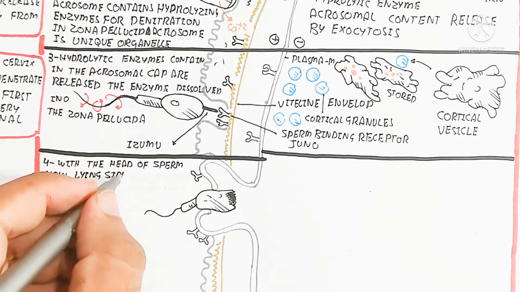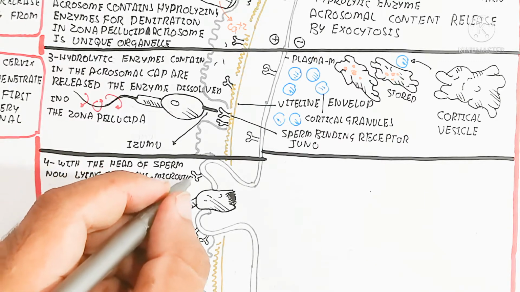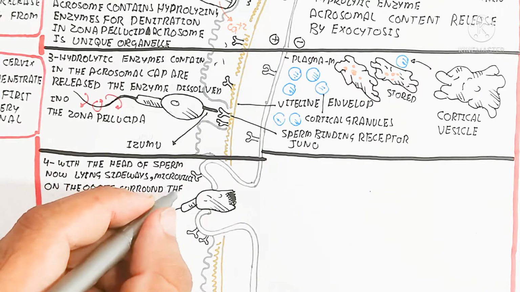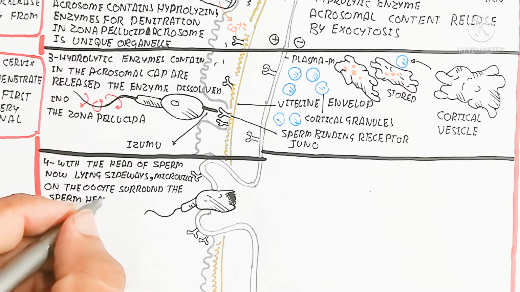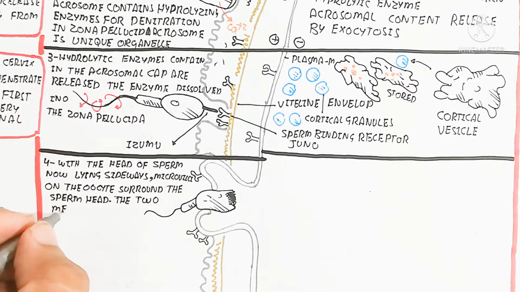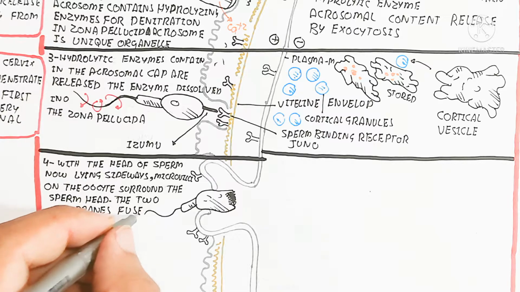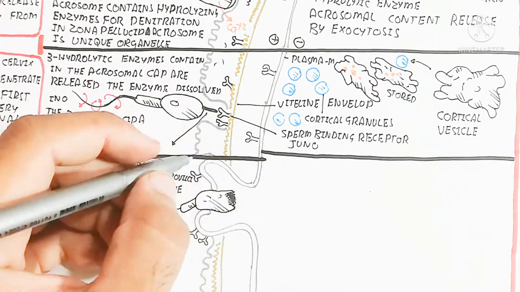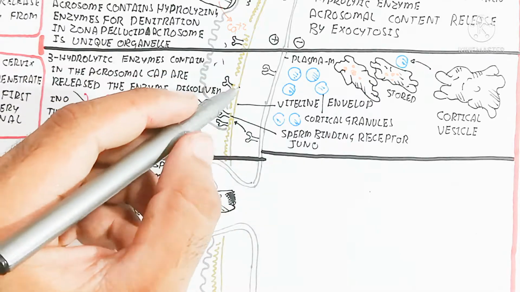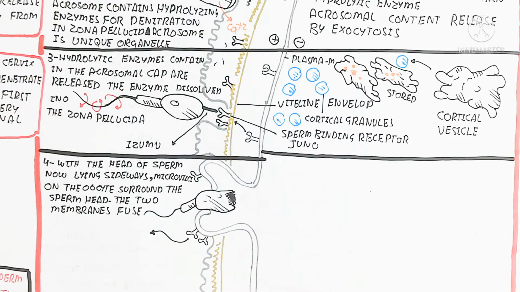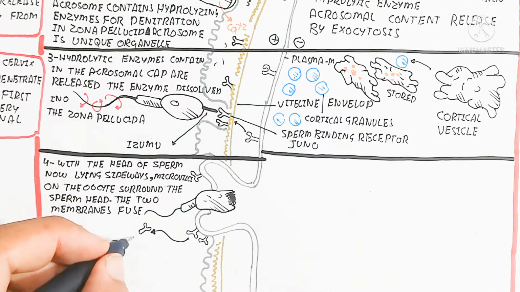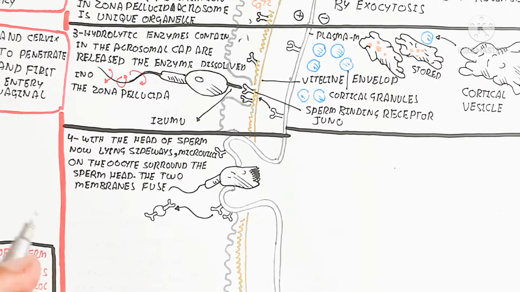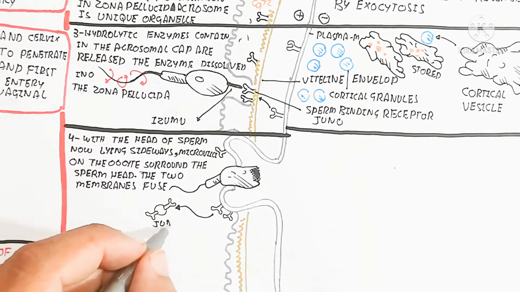So this deposition of the calcium, we will discuss this, and it is basically the release of the cortical granules, which will lead to a calcium rise inside the oocyte and trigger the cortical reaction and harden the zona pellucida by production of protein from the vesicle. So you can see in this diagram, number 4, the head of the sperm lying sidewise,